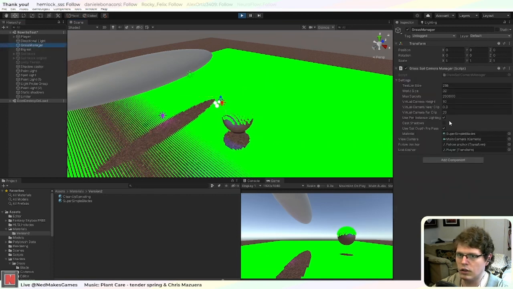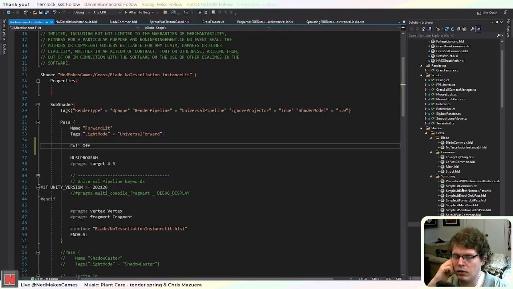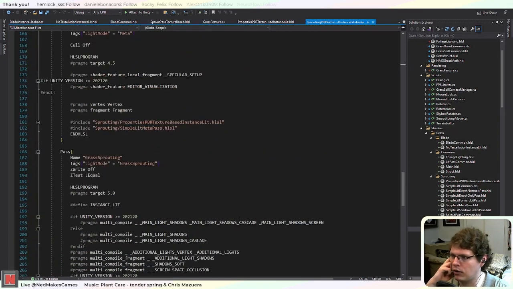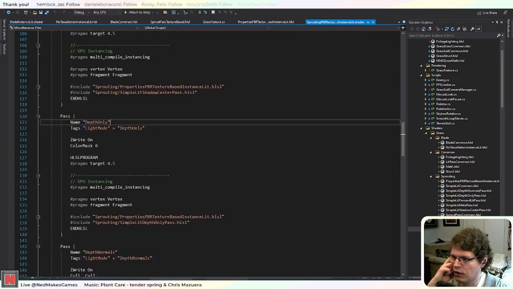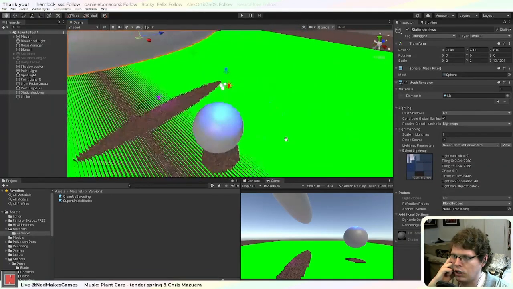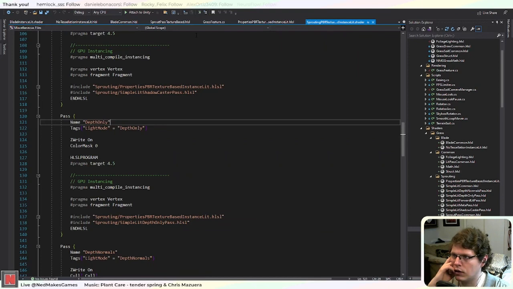What about if I turn off a depth prepass? Okay, so that's the reason why. That makes sense. The reason that gave me the aha moment is because last stream I decided that we might not need a separate grass depth pass for the sprouting, so we could just use the same depth only pass. So I think what's happening now is, since these shaders have a depth only pass, they're also occluding the grass. So I'll have to look into it and see, but on the grass feature,